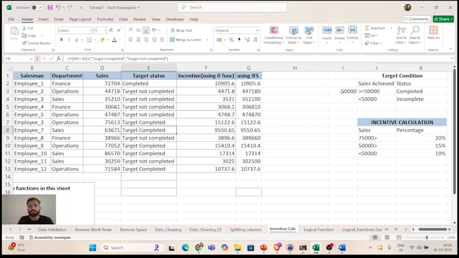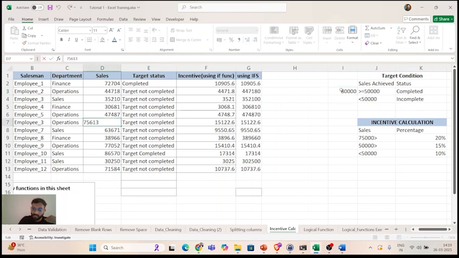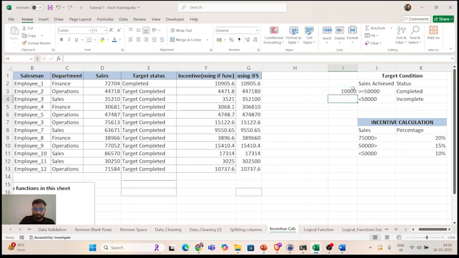Now let's say the target increased to 60,000. I can simply change the value in this cell and the results change accordingly. Now let's say it changes to 80,000. See the change in the value, guys. See, target not completed for those below 80,000. So now I do not have to change the formula again and again. I will only change the target value and the formula automatically adjusts because I have used fixed referencing. All the sales values will be compared with whatever is written in this cell. If I make it 1 lakh, oh sorry, 10,000, everybody has completed the target, but at 1 lakh, nobody has completed the target.